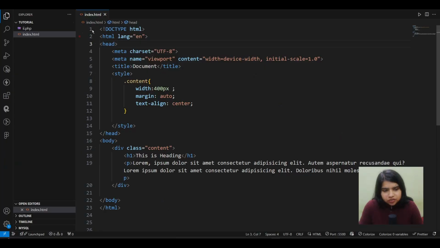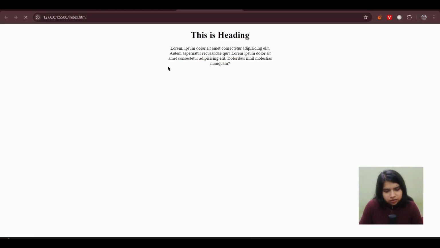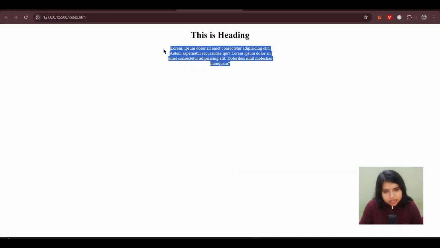By using this simple CSS property, you don't need to use media queries for your font size or your spacing problems. So let's know how. Here I have this very simple page. It just has some heading and one paragraph tag. If we see it on the live server, you can see this is the heading and here we have some